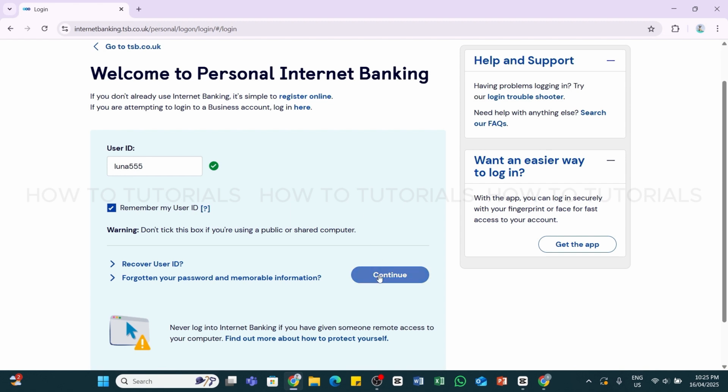In case you don't remember your user ID, you will also get the option to recover it. For that, you will need to click on this recover user ID link at the left side. And by doing so, you'll be able to retrieve your user ID. Once after recovering your user ID, enter the correct user ID in this field and then click on this continue